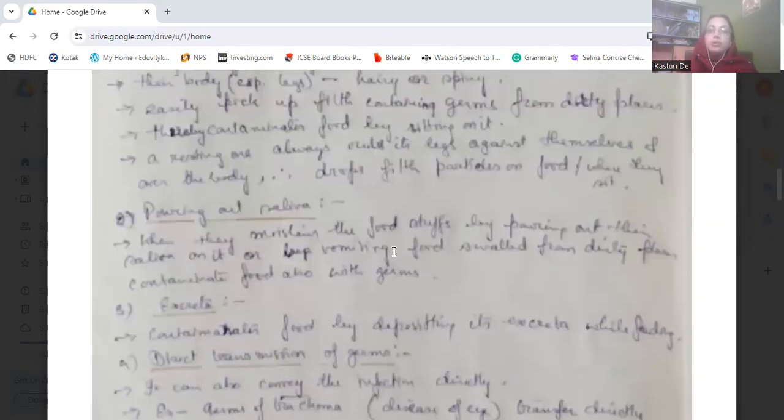Then they're pouring out their saliva. What happens when they sit on any foodstuff which is not being covered? They will pour their saliva onto it, or rather, you can say they vomit the saliva. So that food particle becomes soft. And when they are sitting on that food particle, when they are vomiting into it, this vomit,